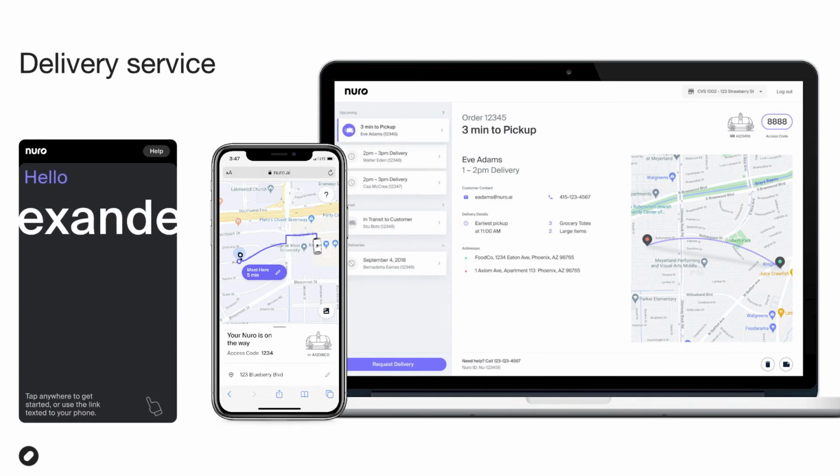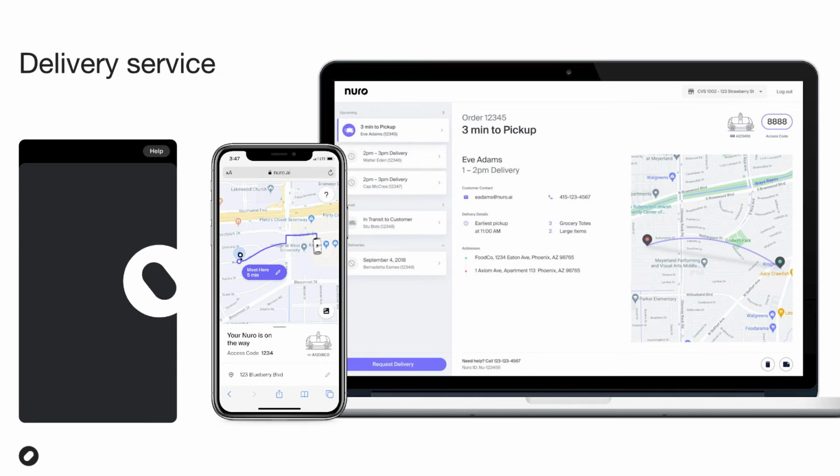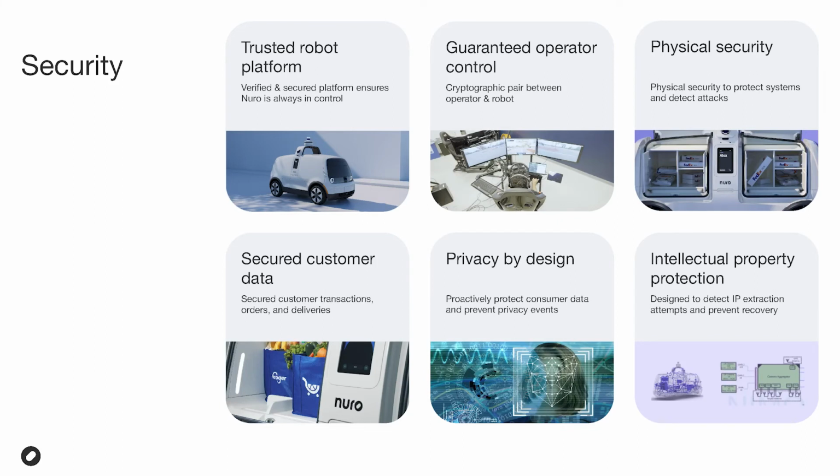order. After the order has been placed, customers can track them on mobile and on the web. And finally, when the vehicle arrives, there is an intuitive touchscreen interface and two-way audio communication with customer support in case it is needed. We cannot talk about scale without talking about